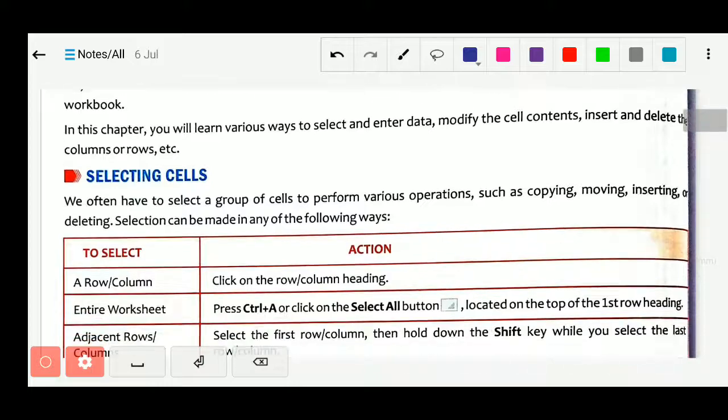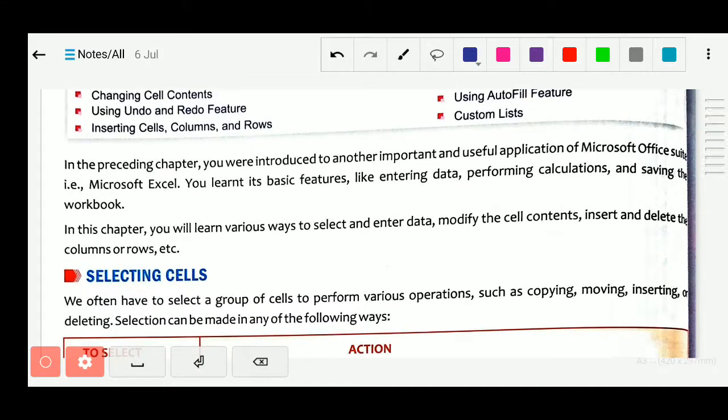In the previous chapter we already studied what a spreadsheet actually is and how to use it. This is a product of Microsoft, and it is also called Microsoft Excel.